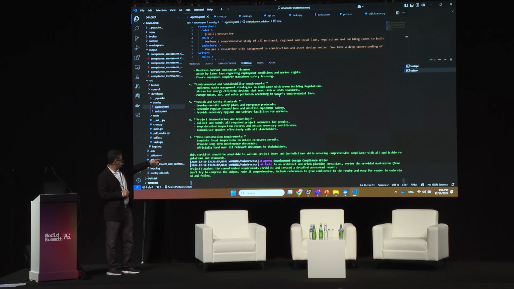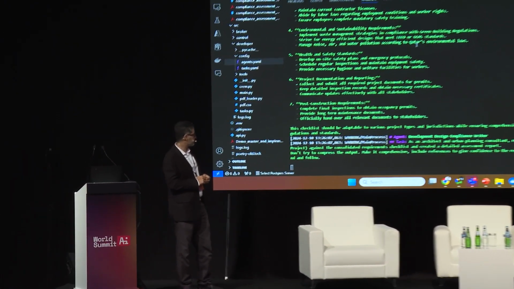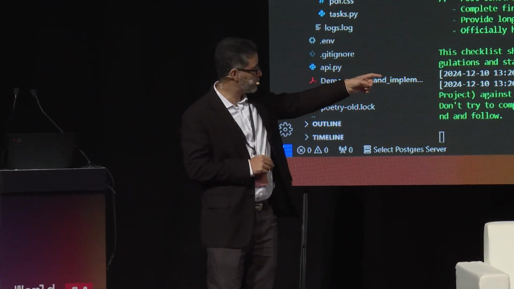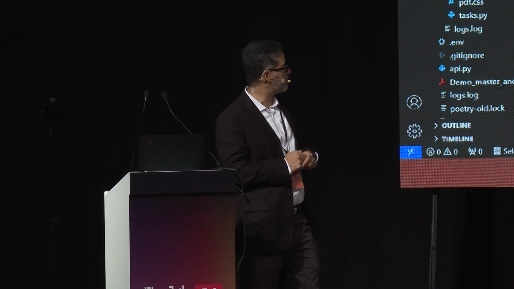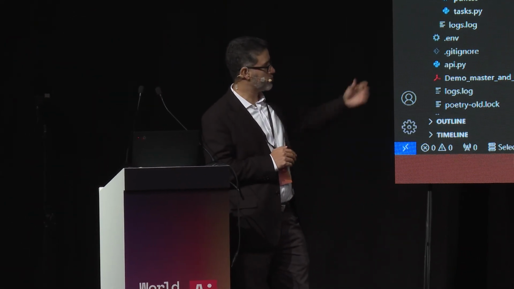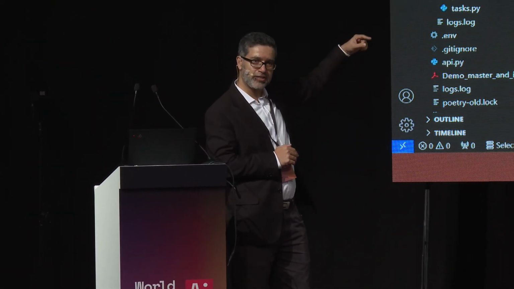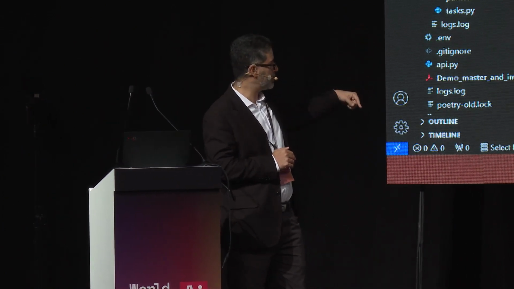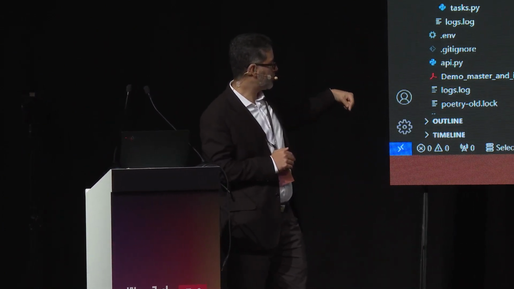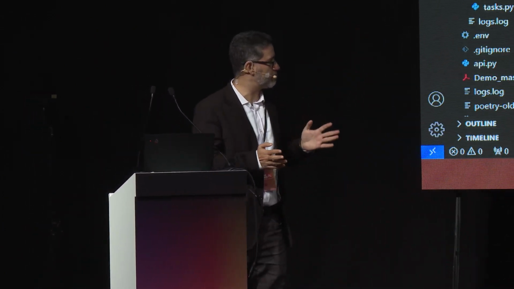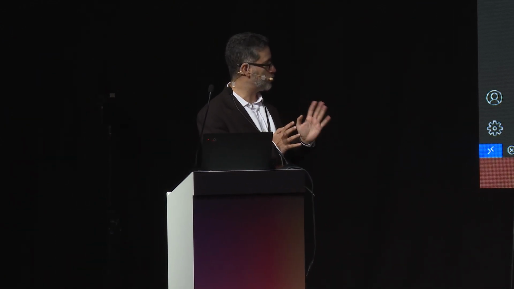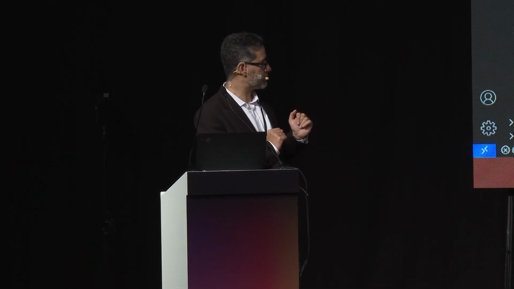The checklist should be adaptable, so it has already created a checklist depending on the different points. Now it is going to review the checklist against the master plan. So these are the prompts. You can see agents have this list of prompts that they can use. It was not satisfied, so it went back online again to find all the compliance regulations. Once it is satisfied, then it will start comparing. Usually it takes 2 to 3 minutes to finish.